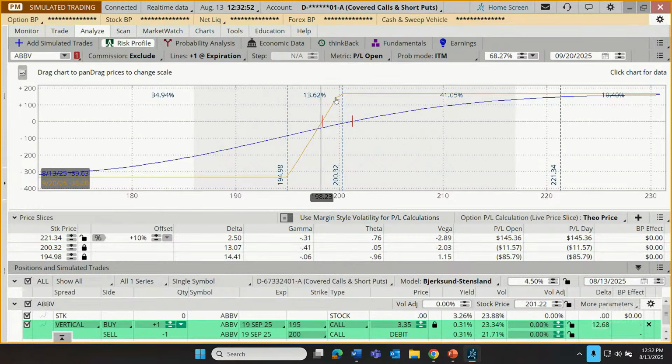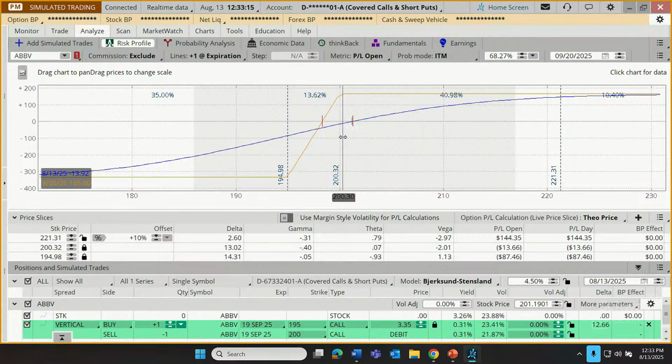Now, somewhere in between, what would happen if we wound up there? Well, if I have the right to buy shares at 195 and the shares are above 195, a trader's probably going to do that. They buy the shares at 195. Someone else has the right to buy those shares from us for 200. Can they do it? Probably not. They're just going to walk away, with very rare exceptions.